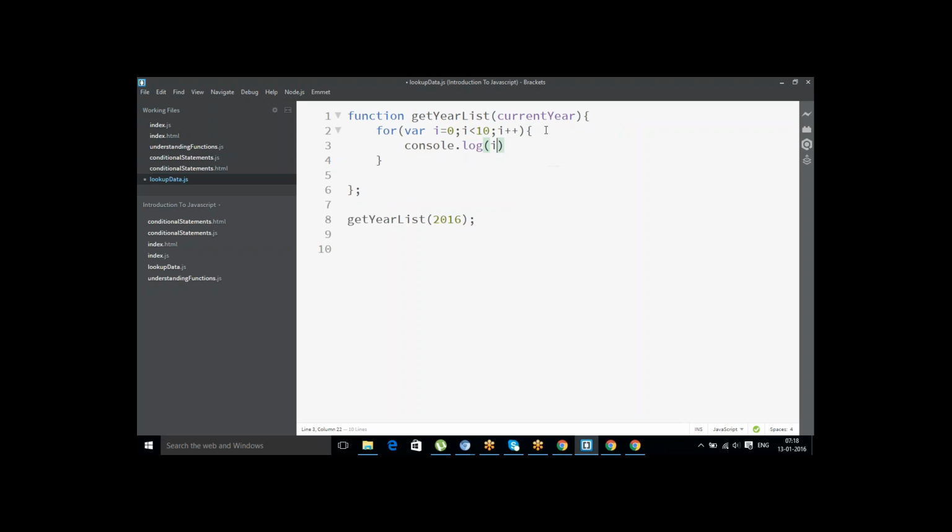console.log(i). So the order of execution is first, for the very first time, var i equal to 0 will get executed, initializing the variable i to 0. Once the initialization is done, the second thing is the conditional check. Whether i is less than 10: yes, the current value of i is 0 and it is less than 10, then it will go to line number 3. Once this particular operation is done,